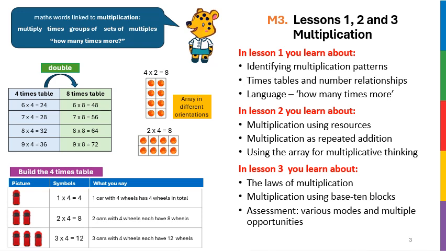A word problem like that immediately creates an image of an array of rows and of columns. Okay? Equal rows and equal columns. So I want to talk about using the array for multiplicative thinking. I'm assuming that you know what an array is, but just to make it clear, it is an arrangement of objects, usually dots, in rows and in columns.